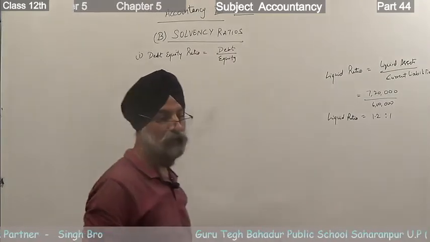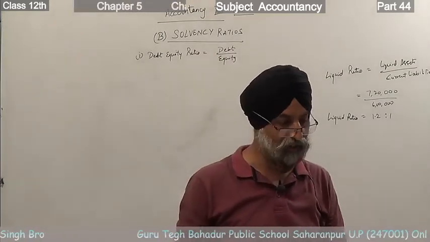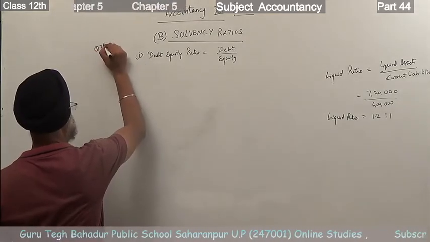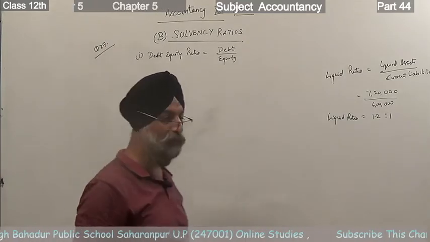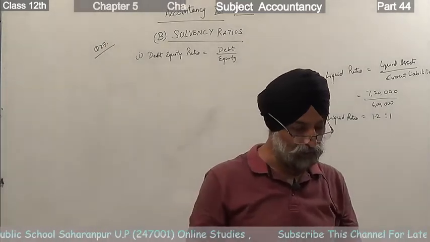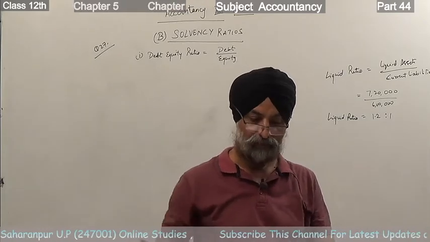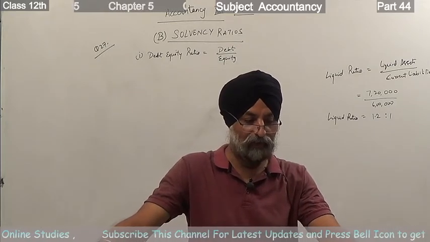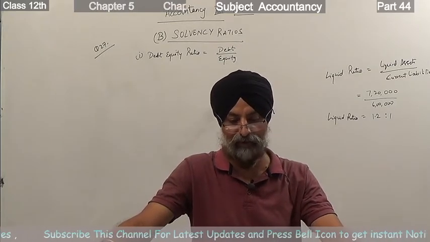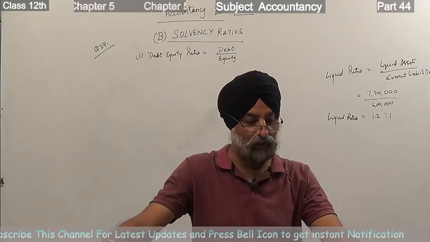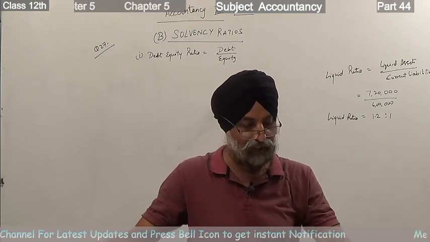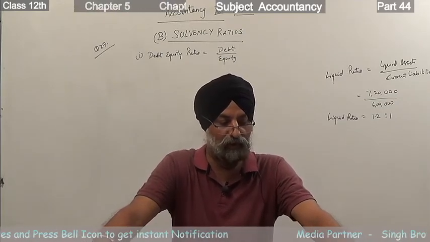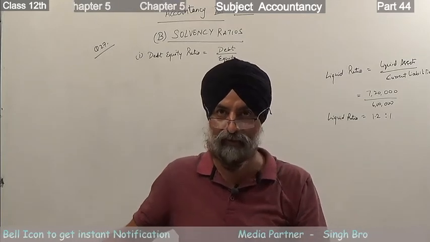So now we are starting question number 27, page 5.126, same page. Calculate debt equity ratio from the following. Question number 27. Equity share capital is given rupees 3 lakh. Preference share capital 50,000. Reserves are given rupees 1,60,000. The balance of profit and loss is a loss, that is rupees 50,000 in brackets. Long term borrowings are given 2 lakh. Provisions for employee benefit, that is rupees 60,000, given.